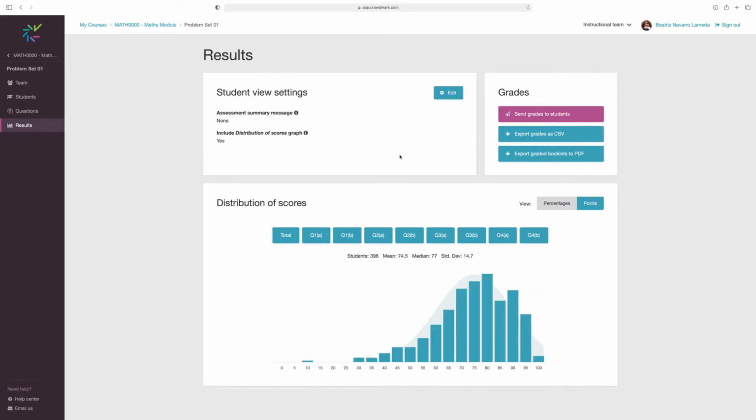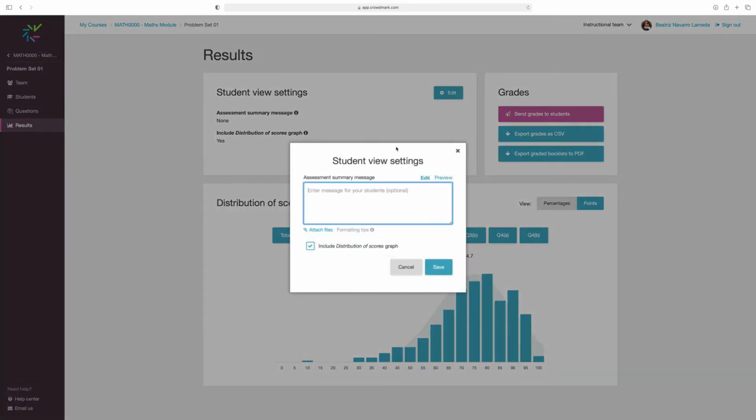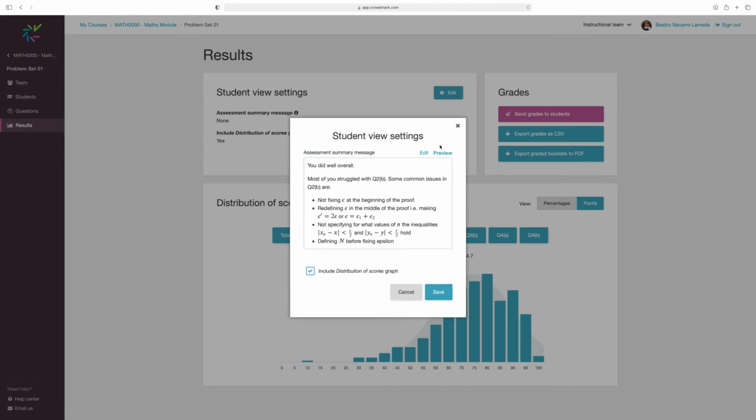At the top of the page, you can change the student view settings. This allows you to adjust the information students see when you distribute the marked assessments. To do this, click on Edit. Here, you can include an assessment summary message to students. I recommend writing some general feedback about common issues and things that students should look for when reading their personalized